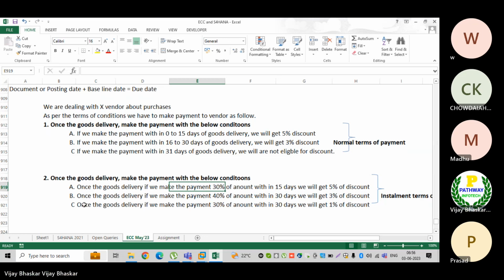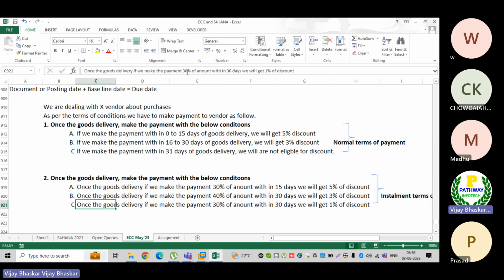Then I'll put the last condition 45%, 30%, then I'll put here the 45 days. So within 45 days, if you make the payment, you will not get any discount. 0%, I'll put it here, because there is 0% discount. So you will not get any discount. Like this, the discount may apply, may not apply for the